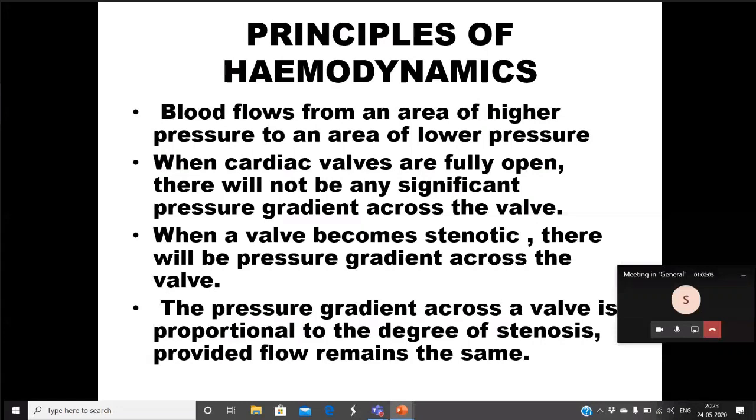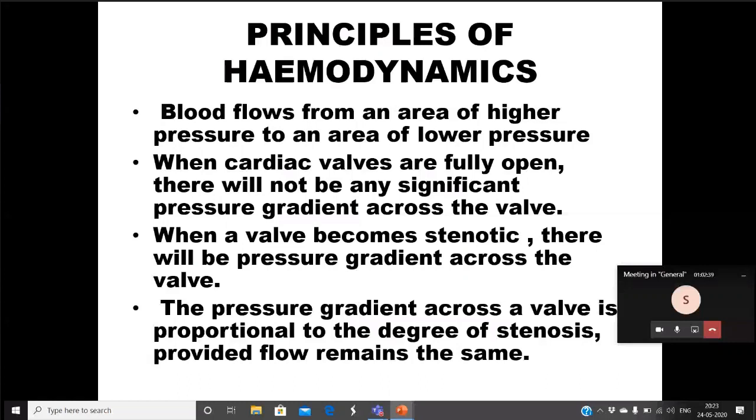Any one of you? What is the normal upper level of gradient across the tricuspid valve? Any one of you? 1.9, sir. Oh, it's about 1. 1.9 is abnormal. If it is 1, that's fine. If it is 2, it is abnormal. So between 1 and 2 is borderline, but 1 is normal and 2 is abnormal. So depending upon the condition, you can always interpret. Mitral valve?